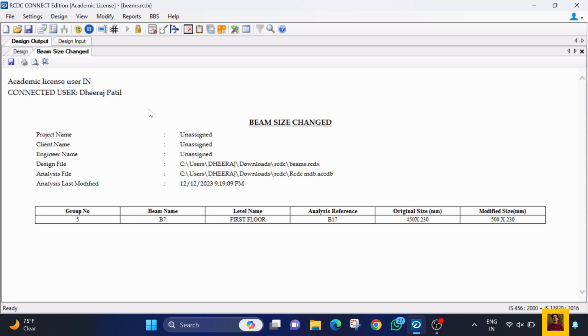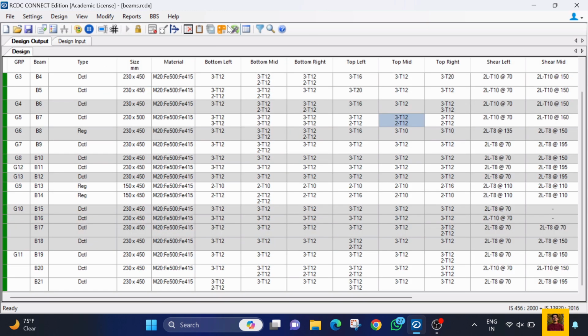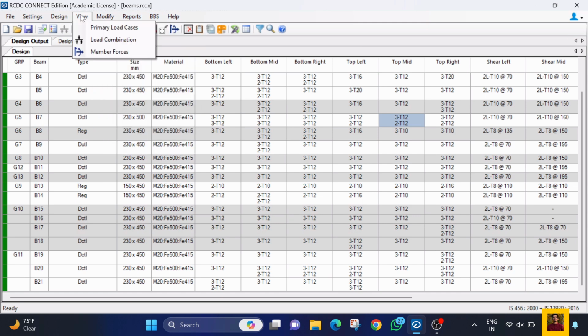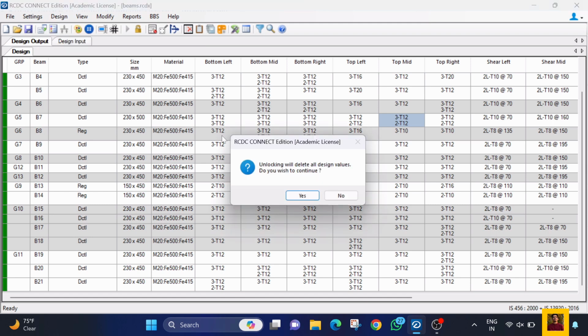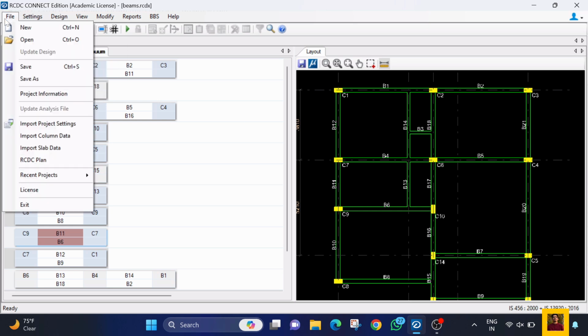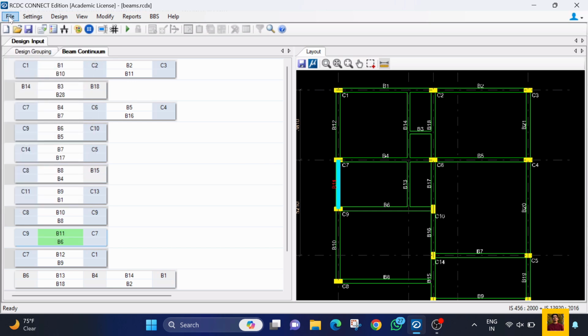Here you can see the beam size one which we have changed, it has that report as well. If you want to make some major changes again, you can unlock the design, make the respective changes, and run auto design again, so it will go back to its previous design input page. So this is it for today, RCDC beam. We'll see in the next